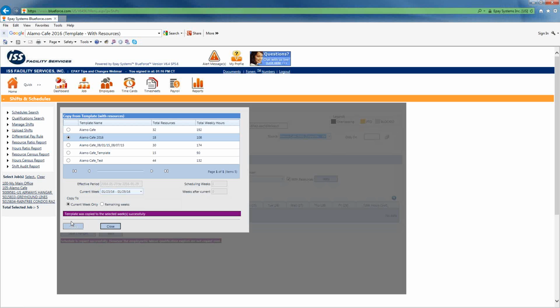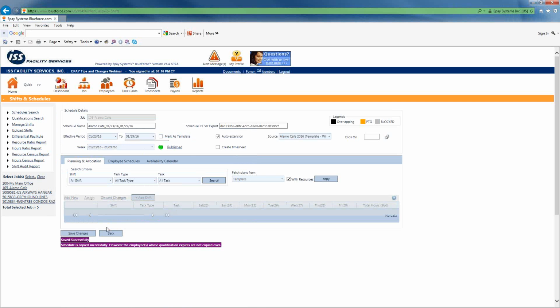And when I hit apply, it's going to tell me that the template was copied to the selected week successfully. Now, if I hit close here, the system is actually going to go gray real quick, but it's not going to update my view down here. So what I tell everyone typically is, it's okay. You can now actually go through and get out and come back into that schedule just to verify that